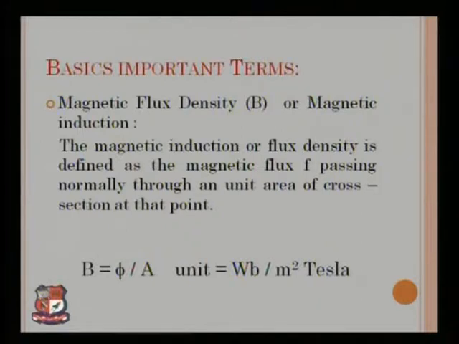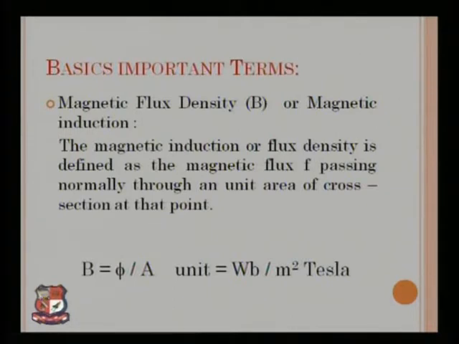Flux, and in the denominator you can see that there is A, and A is the area of cross section through which magnetic lines are passing. This Φ represents the magnetic flux, which can be measured in Weber, and in the same manner area of cross section can be measured in meter square. That means we can say that magnetic flux density can be measured in Weber per meter square, or you can observe that there is another unit also, that is Tesla.